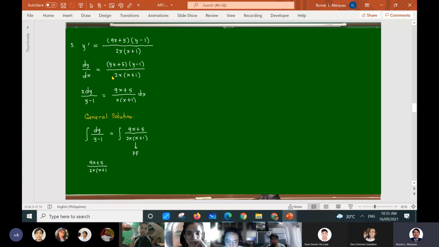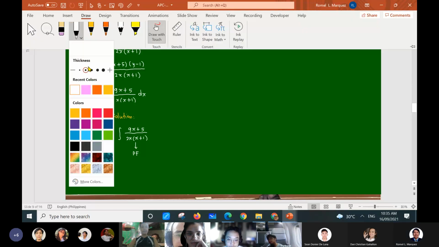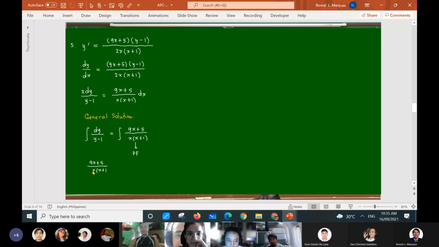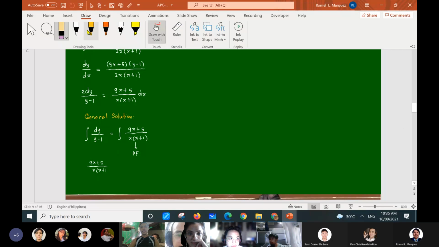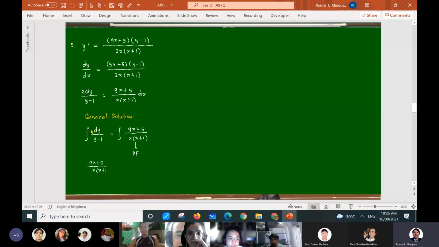Multiply by 2 so that there is no 2 here for convenience. Okay, guys? Originally, it's here, but I can put this out. So this is equal to, guys, to what? By partial fraction, a over x plus b over,